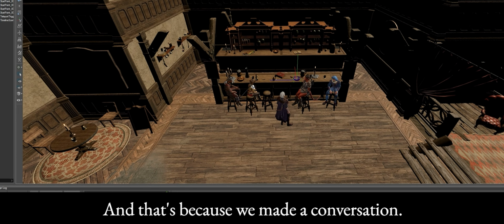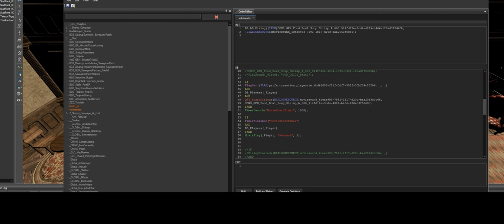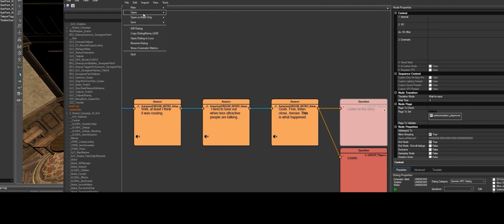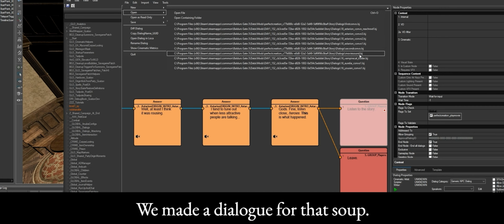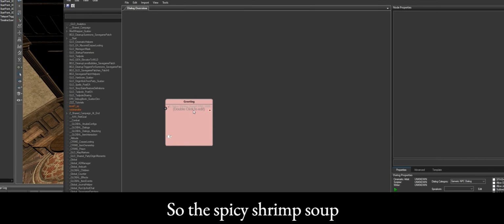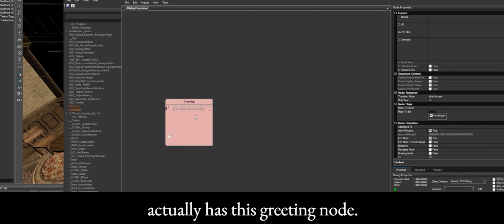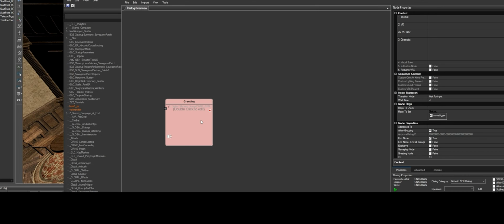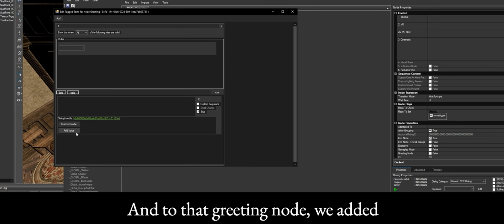And that's because we made a conversation. I will show you. We made a dialogue for that soup. I think we called it movie sound. So the spicy shrimp soup actually has this greeting node. And to that greeting node, we added